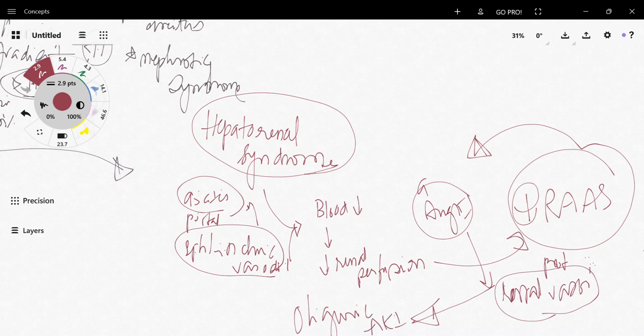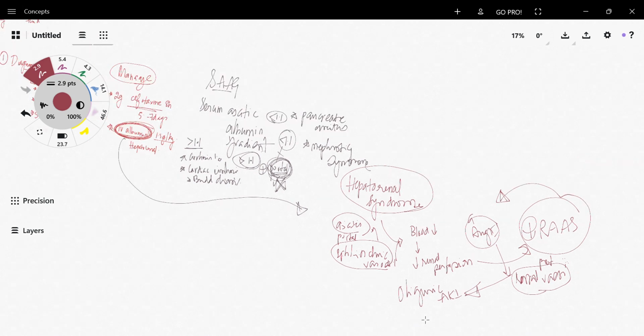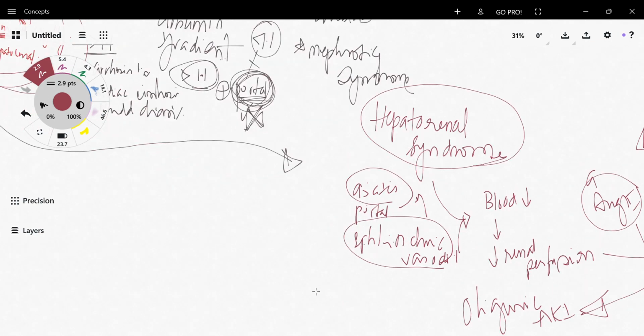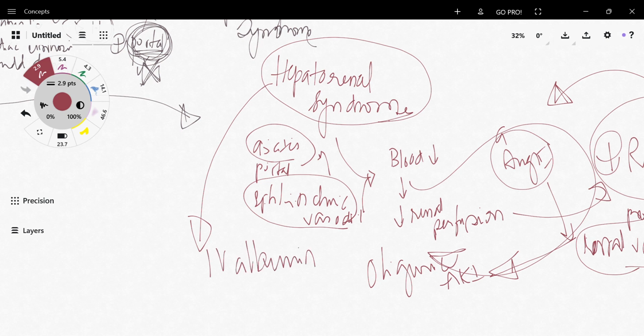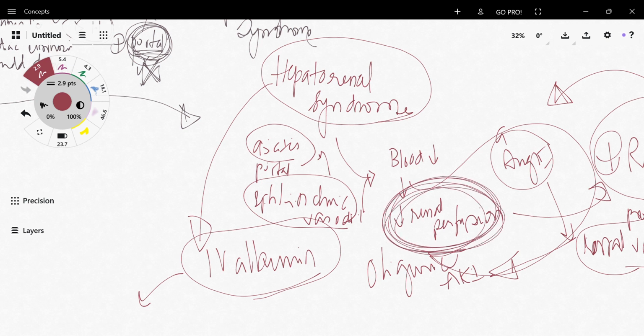So you want to give the patient with SBP IV albumin in order to prevent the development of hepatorenal syndrome. But before all this happens, if you preemptively give them IV albumin, you're already improving the renal perfusion, because all this started because there was less renal perfusion. So if you gave them IV albumin, you're preventing that pathogenetic mechanism from being activated. So you give them IV albumin and you increase renal perfusion and you prevent the patient from going into hepatorenal